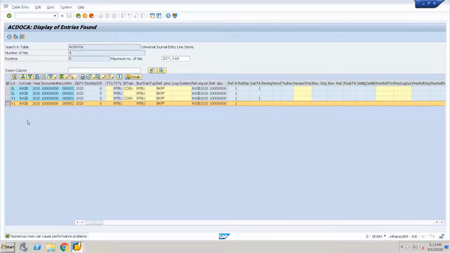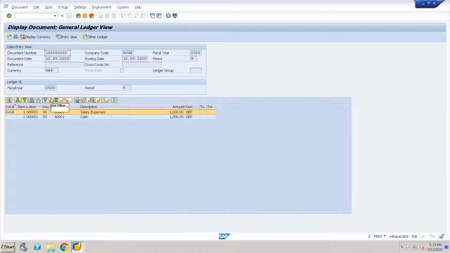But in our case, this document is not explicitly posted to any ledger, but is posted in general on the company code. So here we can see only 4 entries are occupied in the ACDOCA table by this document. Whereas with the accounts approach, if there are 5 different sets of accounts for 5 different accounting principles, then we would have seen 10 entries. So this was the major drawback of the accounts approach, wherein the data footprint is quite high, and in the ledger approach it is very low with the introduction of extension ledgers.